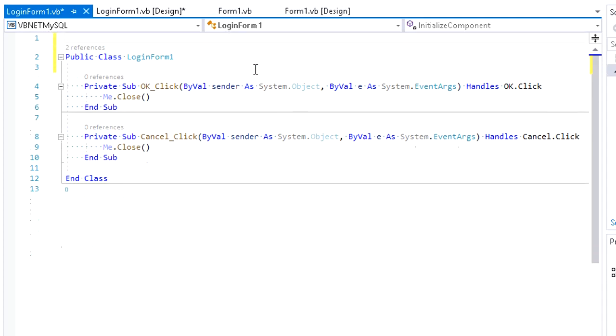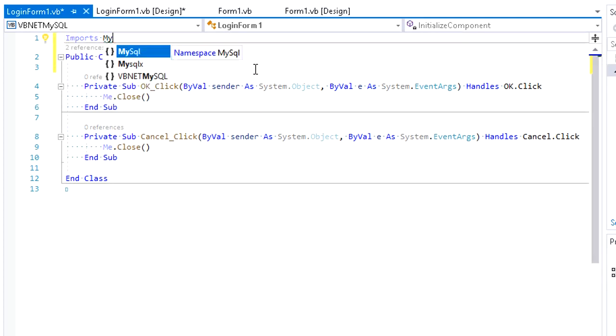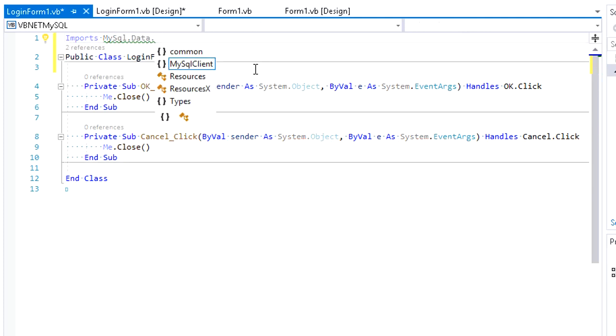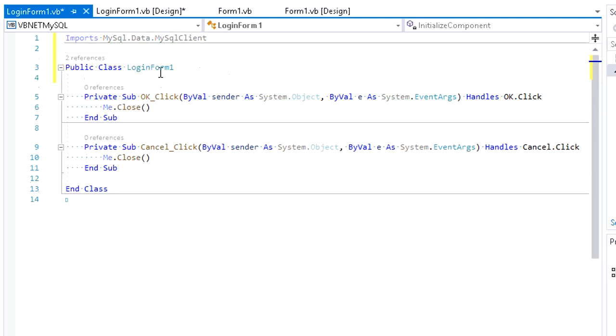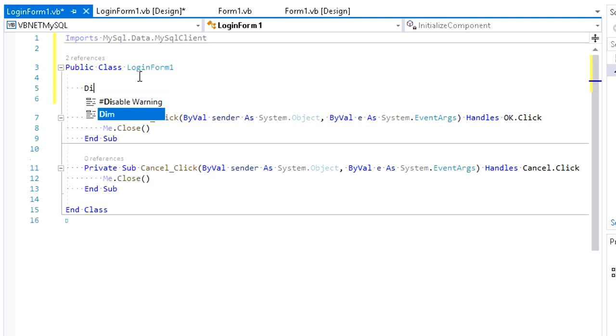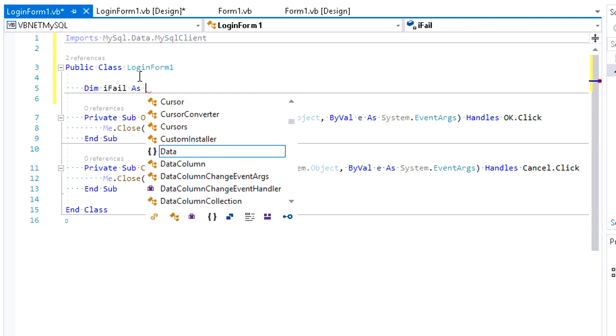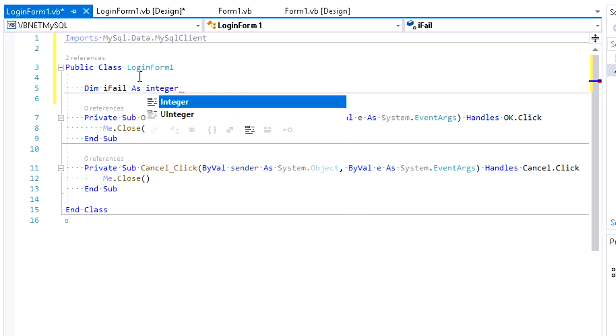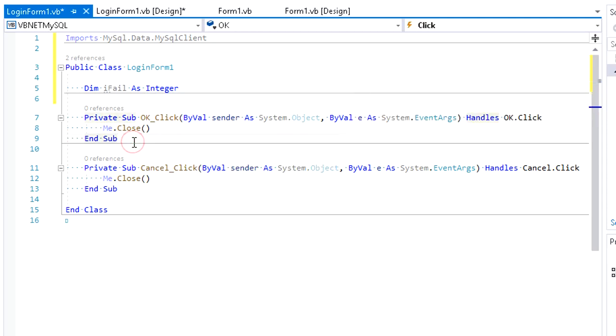We're using a MySQL database, so import MySql.Data.MySqlClient. And right here, we'll make an integer variable named iFail that will be used as a counter for login attempts, because our application will be terminated when login fails 3 times.